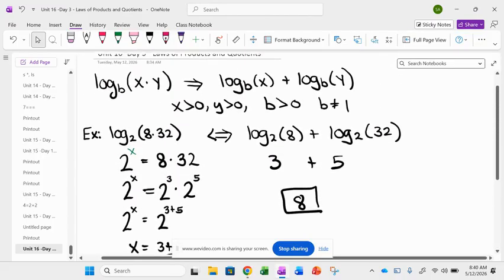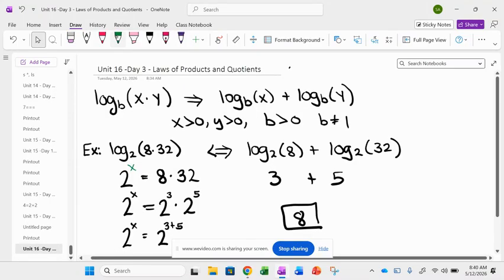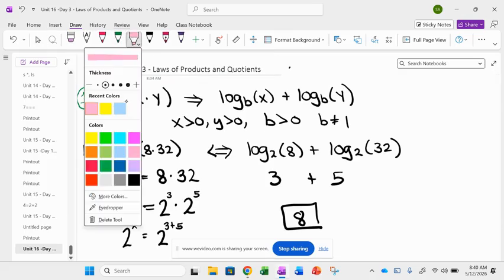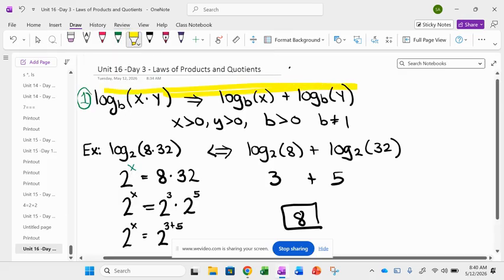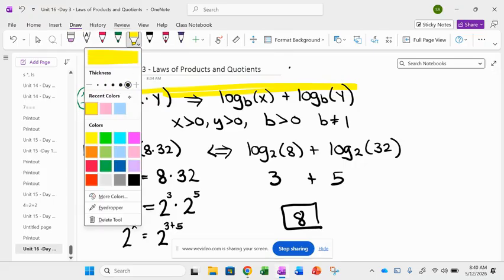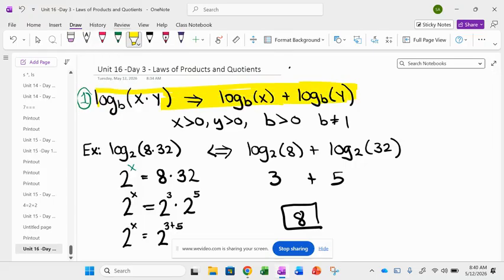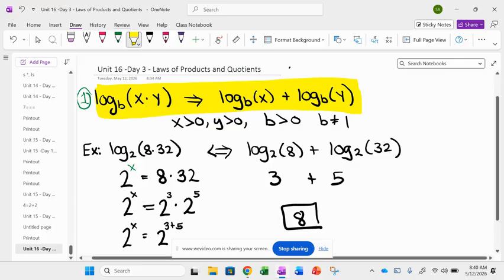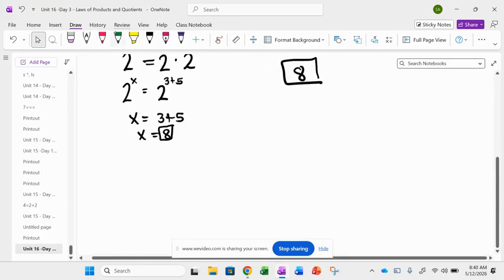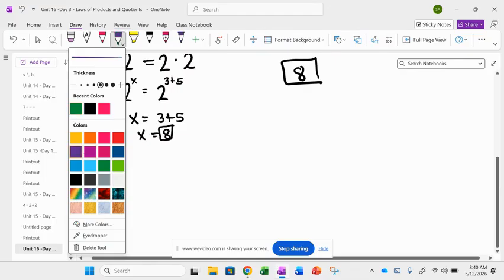And the next rule, so this was our first rule. Do you think we should memorize this rule? Absolutely. All right, the second rule, purple,